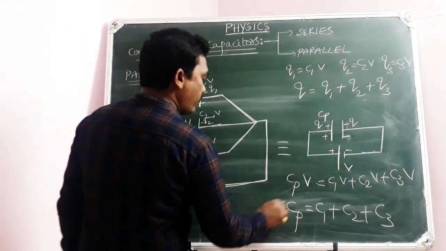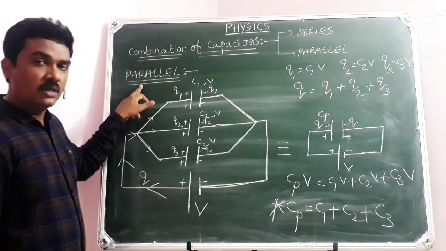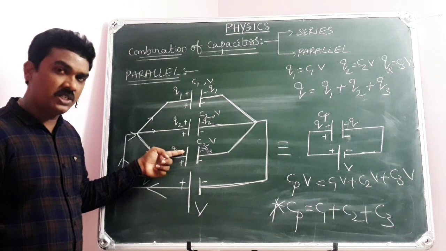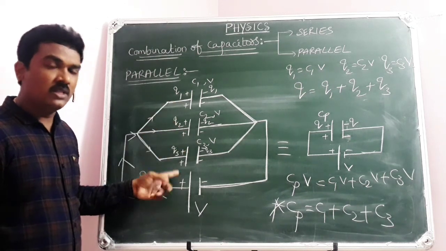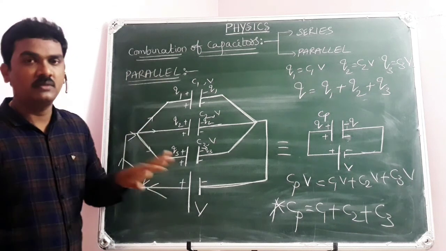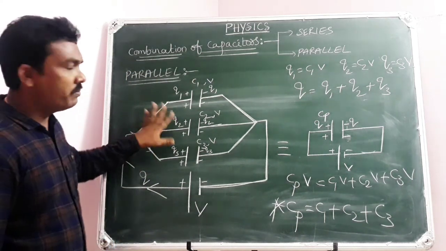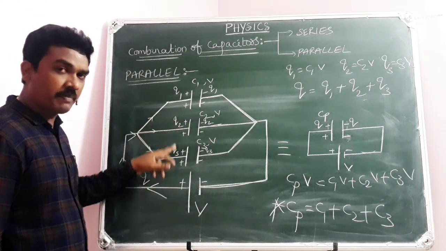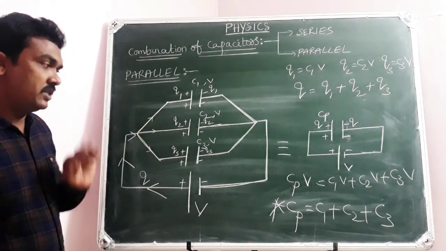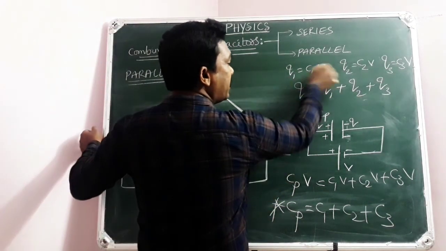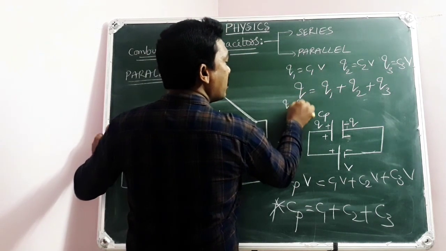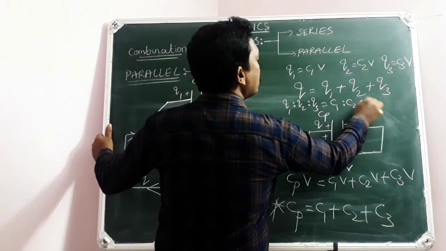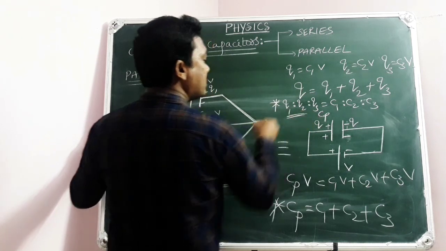So the conclusion is, when two or more capacitors are connected together so that the same potential difference is maintained across every capacitor, then they are said to be in parallel combination. Next, in parallel combination, the total charge drawn from the battery will be distributed among the capacitors. Third point, the ratio of their distributions, Q1 is to Q2 is to Q3, will be equal to C1 is to C2 is to C3, which is the direct ratio of their capacitors.